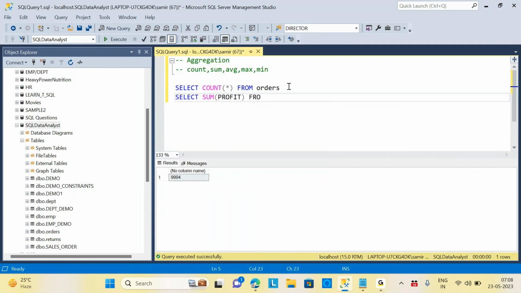from orders. Right. So it will give you the sum of the profit which is available. Like that, we can use max, mean, average. We can do that. But when you use an aggregate function,